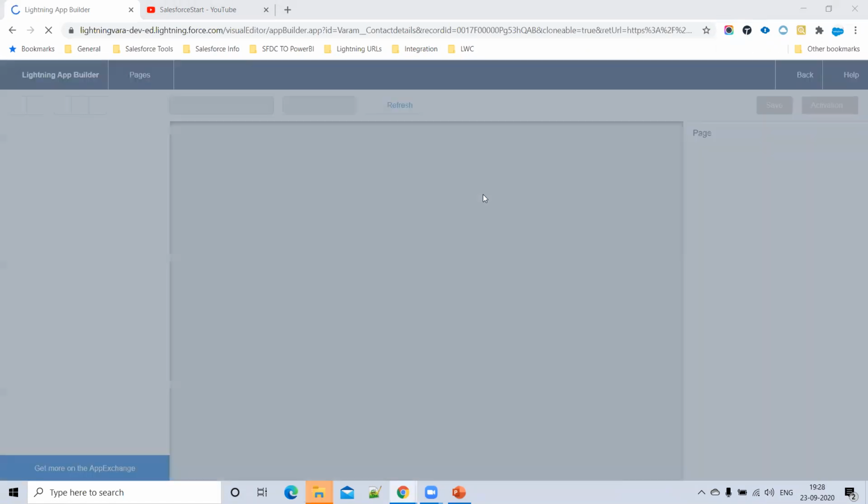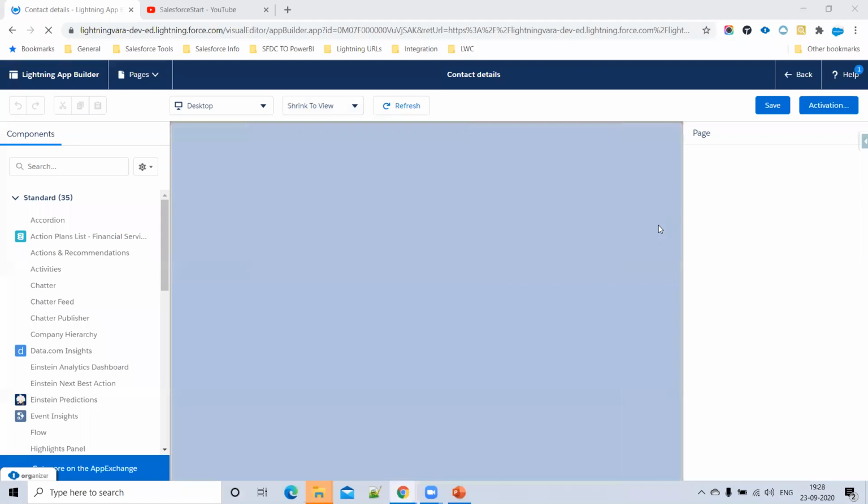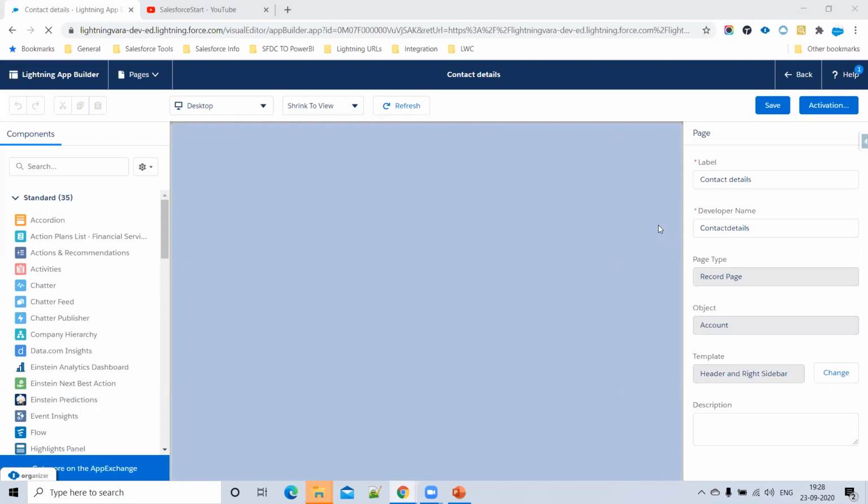Once you click edit page, it will open the App Builder page, where we can do the configuration settings. Here in the App Builder, click on the Lightning component you want to show or hide and put filters on.